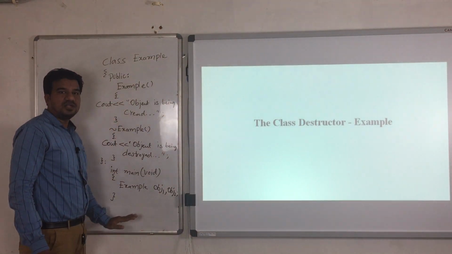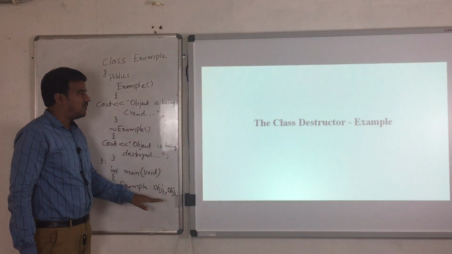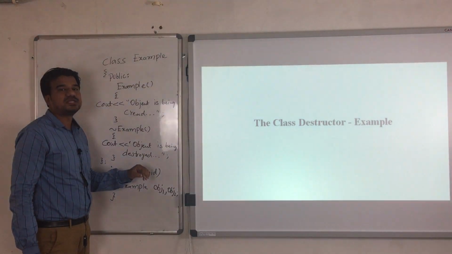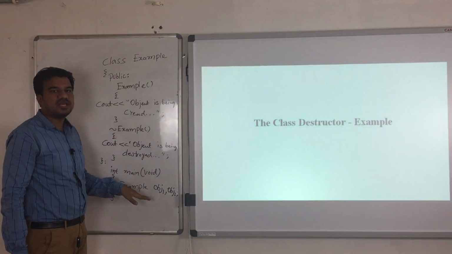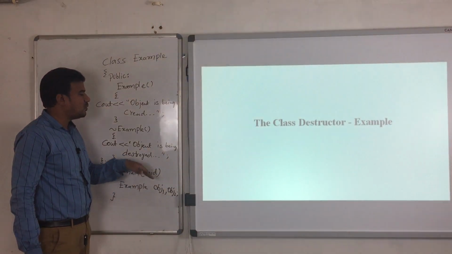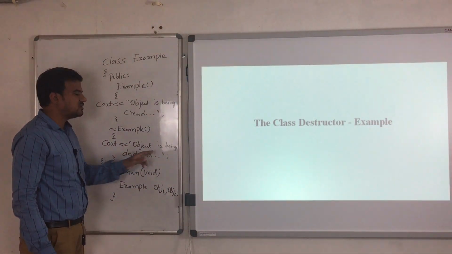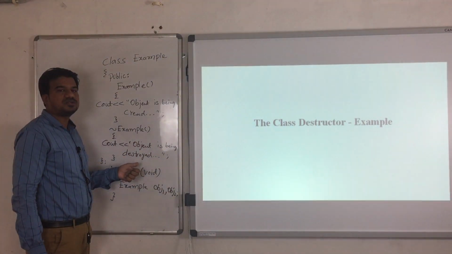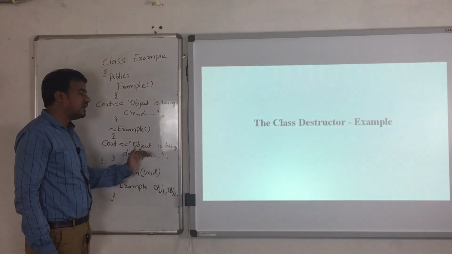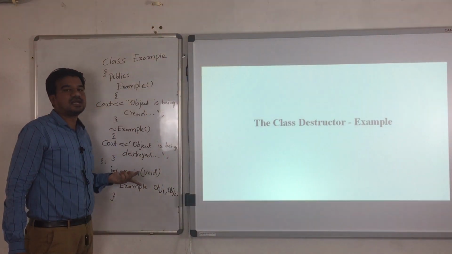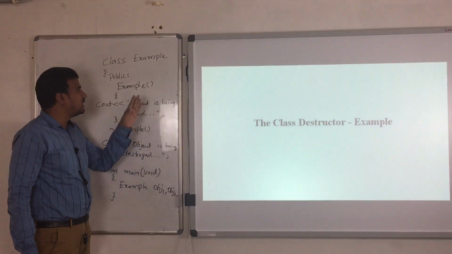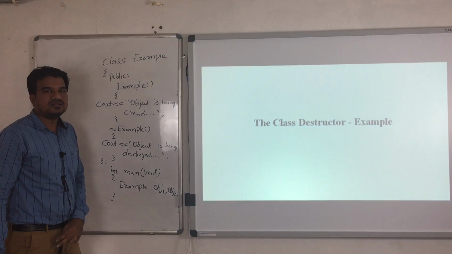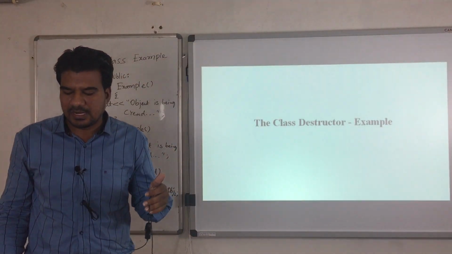Now after creation, once the job is done and the class is coming outside, they call their respective destructors. Obj1 will call the destructor, so you will get this message on the output screen. Simultaneously, Obj2 will also call the destructor in order to release the resources, so you will get the same message a second time. So when you are creating two objects, you will get two created messages and two destroyed messages. Quickly we'll see this on the compiler.